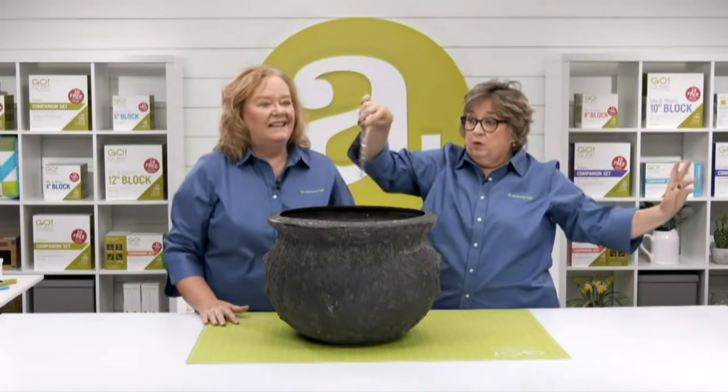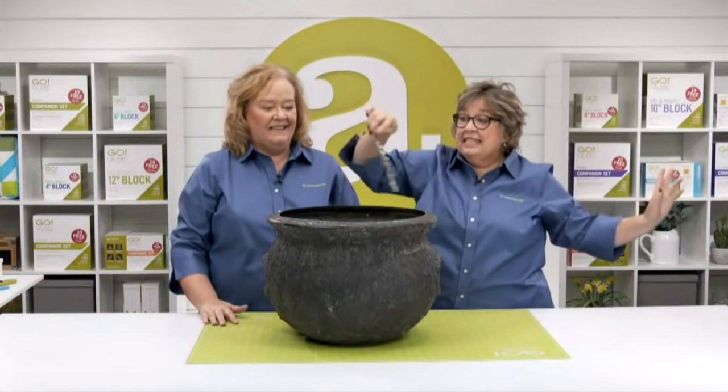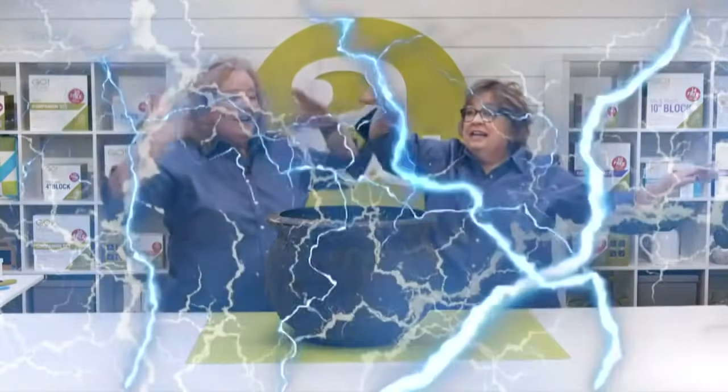cut time, quilt more. Cut time, quilt more. Cut time, quilt more. Cut time,